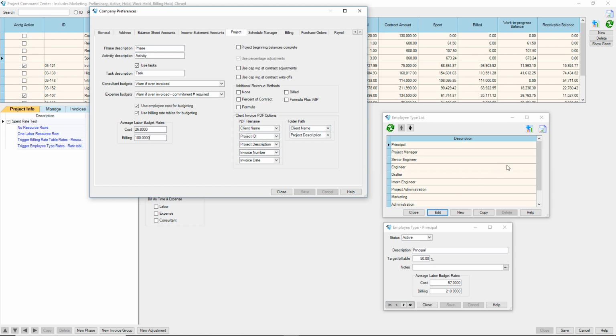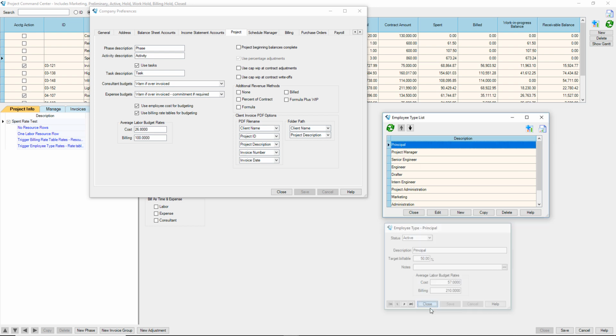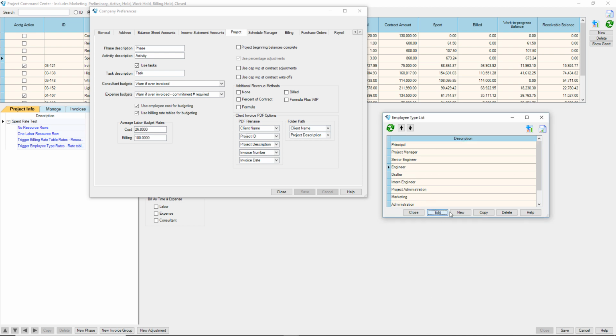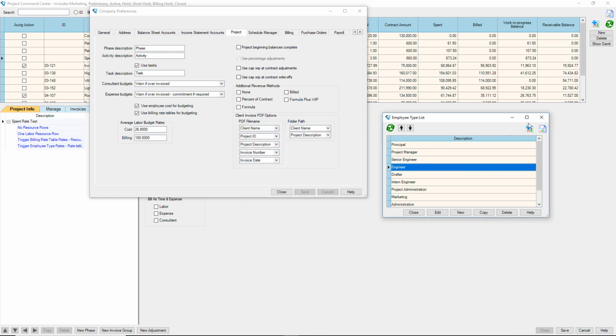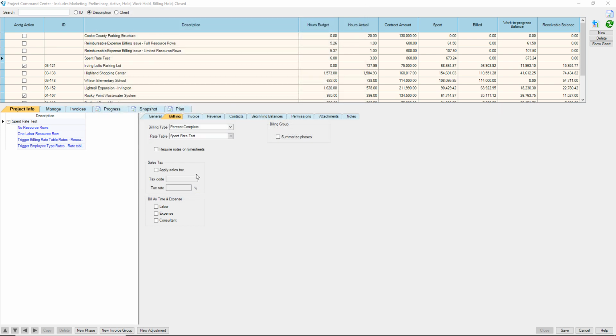Second place we can put in rates is if Ajera will look up billing rates based on employee types. So we have the employee type list, and then here we have a billing budgeting rate for principals of $210 an hour, and for engineers we have it set at 110. So just follow the pattern. 100 is default, 110 or 210 is employee rates, and then Ajera will also use rates from the billing rate